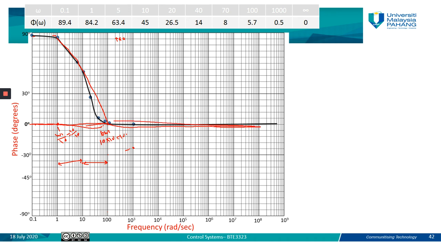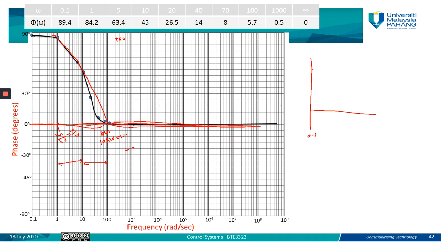So this is how the plot for the phase looks. The plot of the phase is like this, starting from 90. This graph was generated using MATLAB. If you want to make the approximation for this graph, we start from 90, which is at point 1 here,